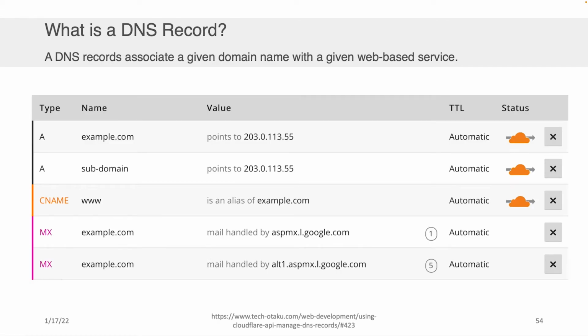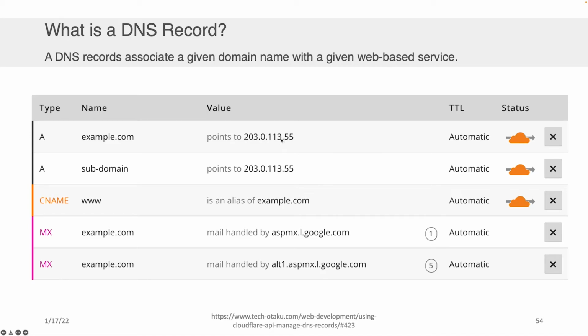What do these actually look like in a nuts and bolts sense? Well, if you had purchased a domain name and you had access to an interface through whoever provided that to you to edit DNS records, they'd have a table that would be editable. It would look something like this, right? And so you might put, for example, a couple of A records to say that example.com points to this IP address,